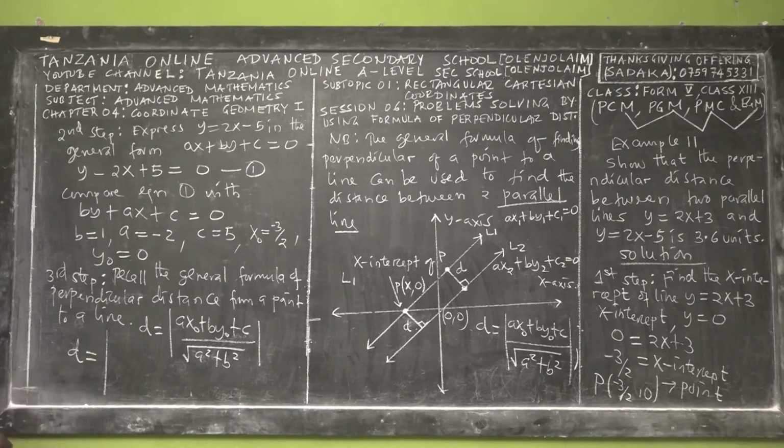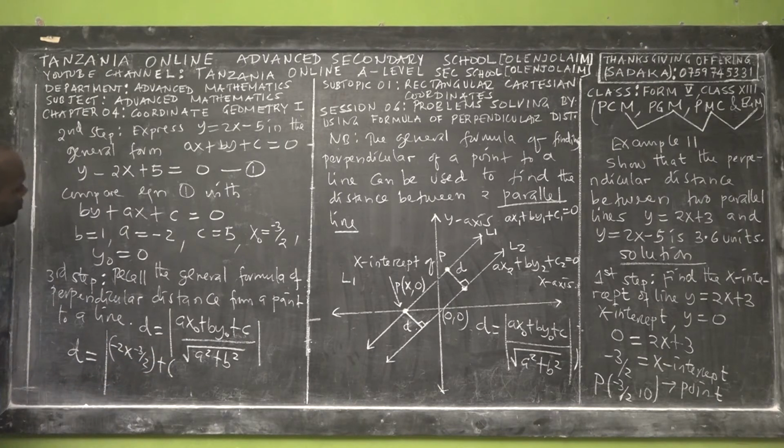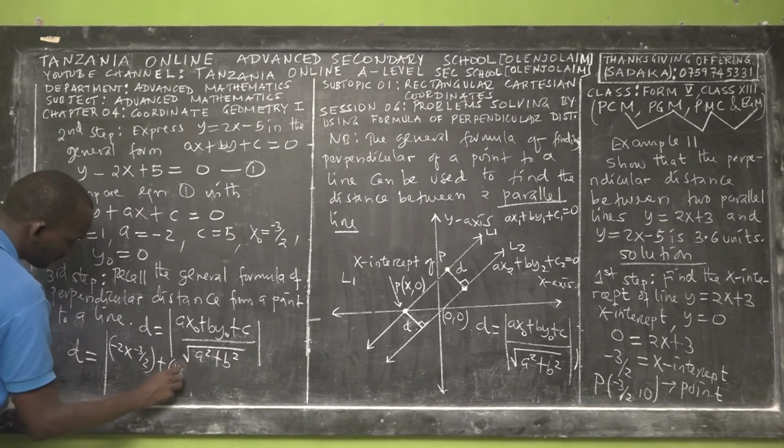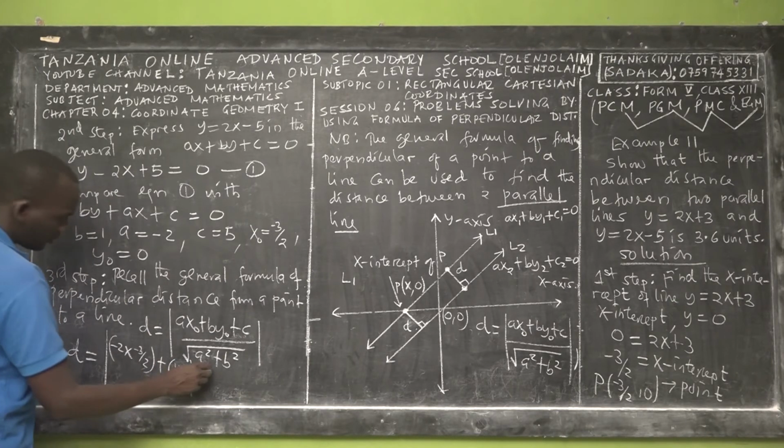The distance, a is negative 2, x naught is negative 3 over 2, plus b, b is 1 and y naught is 0, plus c is 5